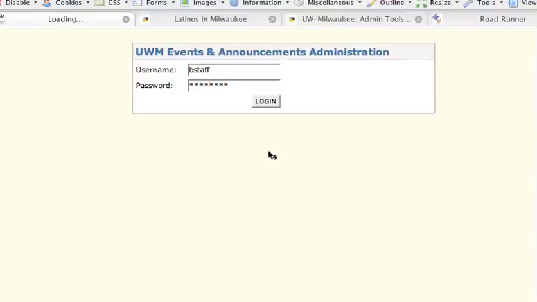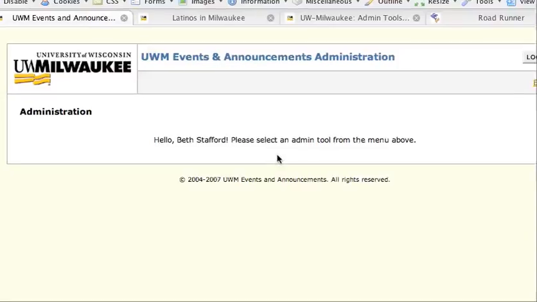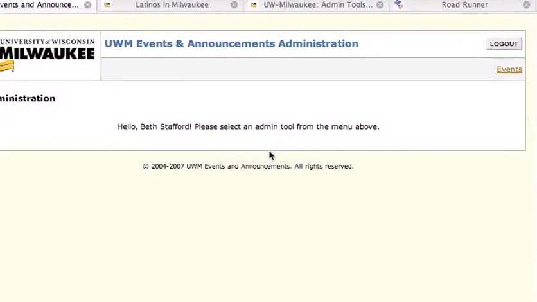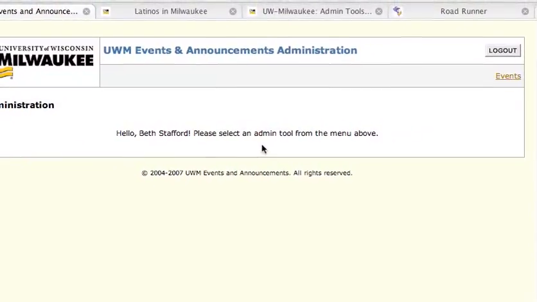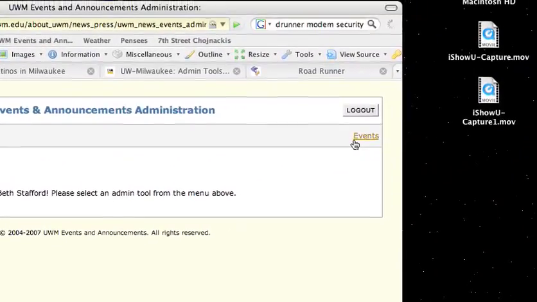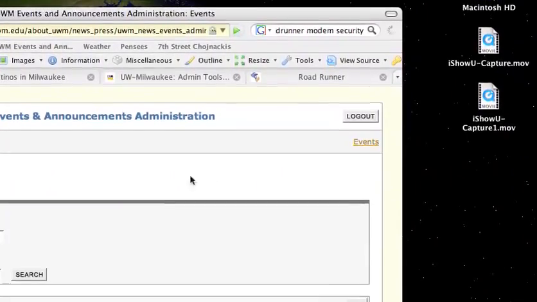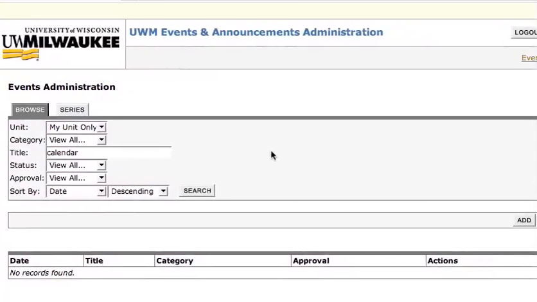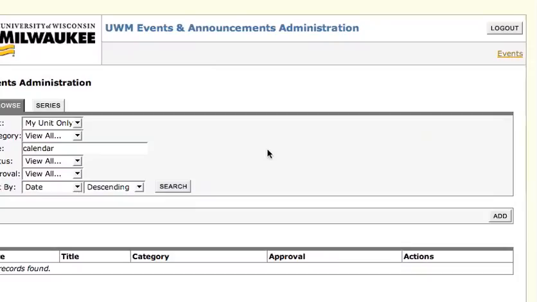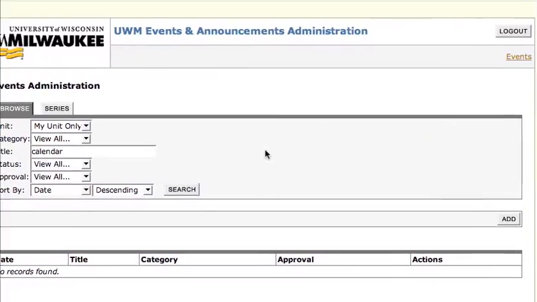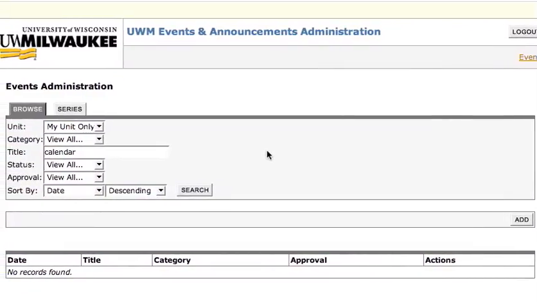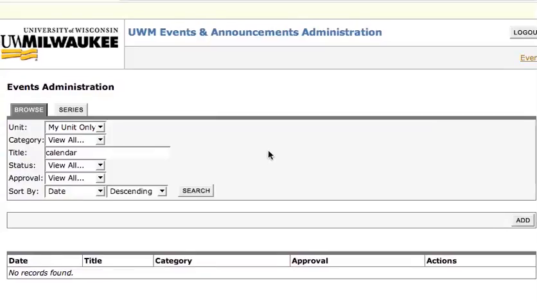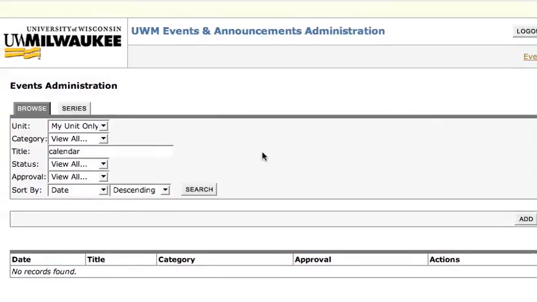Upon login, you will be greeted with the screen that gives you two simple options: to log out and to select events. And that's what we're going to be doing. We're going to be adding an event. Some of you will see events and announcements if you've been authorized to add announcements, but most of us will just have events. When you click on events, you'll see the events administration page, and that gives you a couple of things. One is a